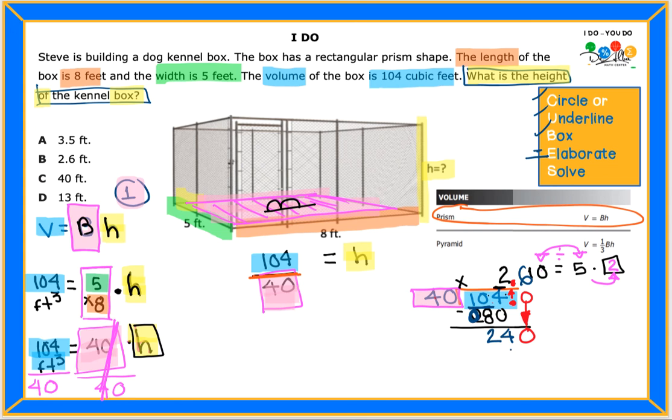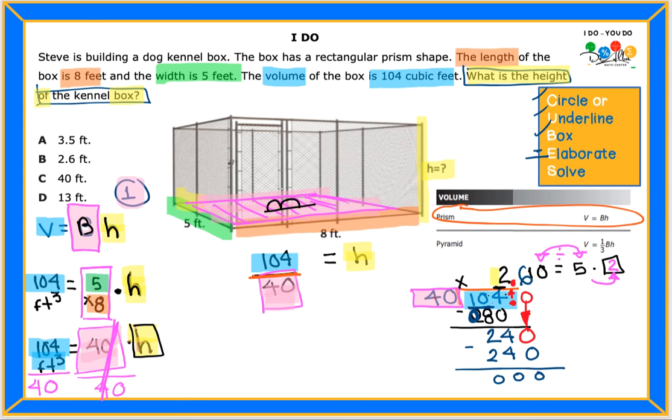will be what? 240. Because look, 6 times 0, that's 0. And 6 times 4, that's 24. And then we do our subtraction and our remainder would be 0. Now, does that make sense, guys? If you look at this shape, if this side is 5 feet, this other side is 8, and then the height will be